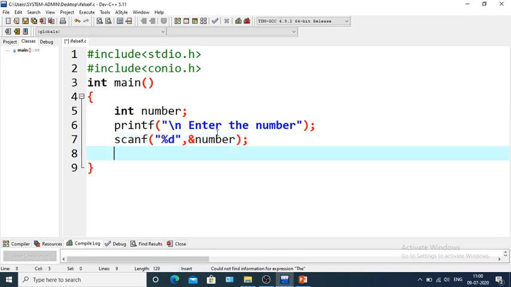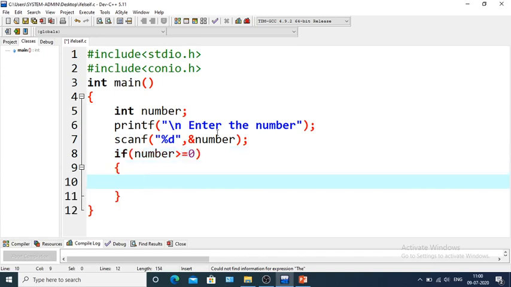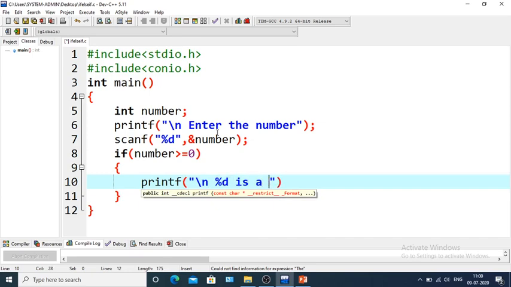Now we'll check whether the number is positive or negative. So the logic is, if the number is greater than 0, then it is positive. So if number, rather we can say that number is greater than or equal to 0, we can say that printf, %d is a positive number.